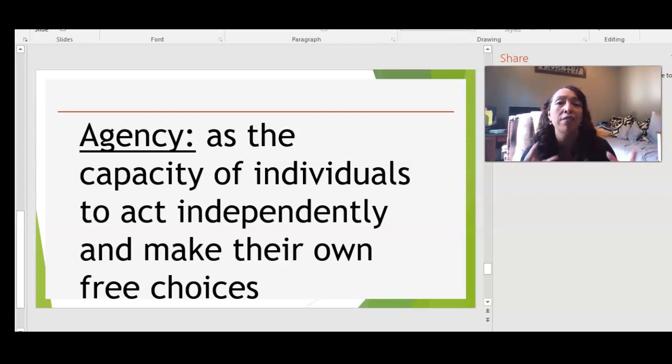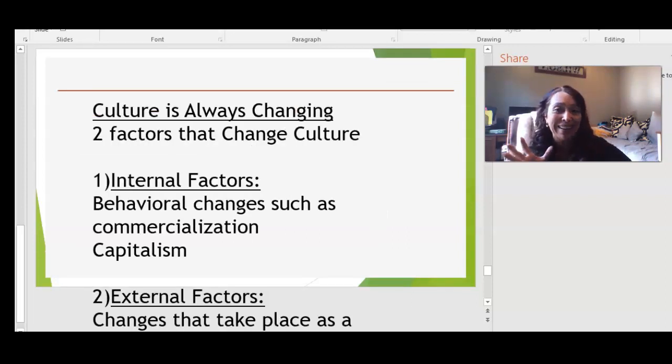All right, let's get to active agency. Agency, we all have agency. Even though we're all living in culture, we're not pawns on a chessboard. So what this means is that we make individual choices. So let's say part of culture is marriage. It doesn't mean we're all going to get married. We may make a choice not to. So active agency means we have individualism and we make free choices within our society, right? Culture is just not the only thing guiding us.